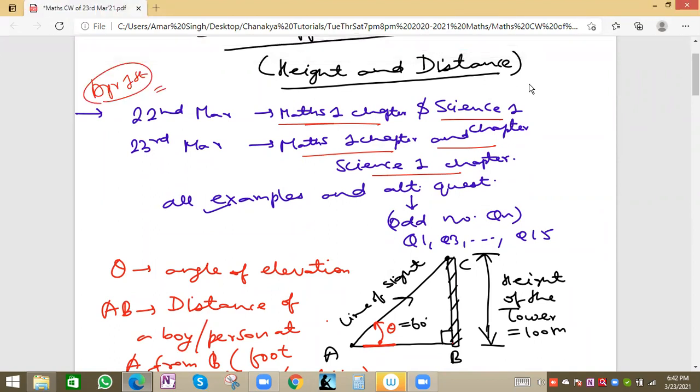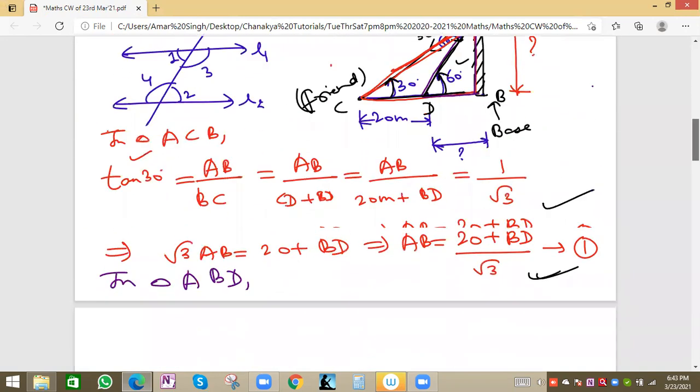If you solve one chapter of maths and one chapter of science daily, the portion will be covered in 15 days. In maths we have 15 chapters, so one chapter daily means 15 chapters covered, and in science 14 chapters I think, since 2 or 3 chapters were deleted, so 14 chapters in 14 days. And in the remaining time you can study other subjects like social and English also.